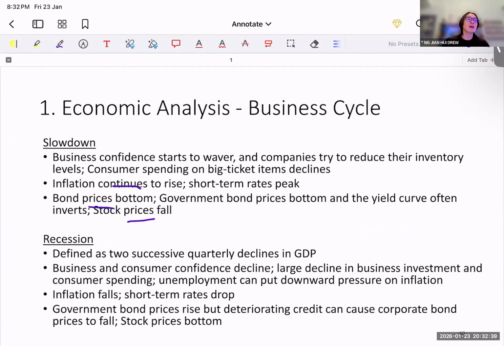On this point of business cycle, I also want to highlight to you that when we assess a company, do keep in mind which financial period you are assessing the company on, right? Typically, what you are going to assess is FY24, because that is the audited financials that are being released. So do bear in mind that when you do a business cycle economic analysis, really focus on what 2024 was like, not what 2025 was, because your financial statement is FY24. That's an important consideration to highlight in your analysis.